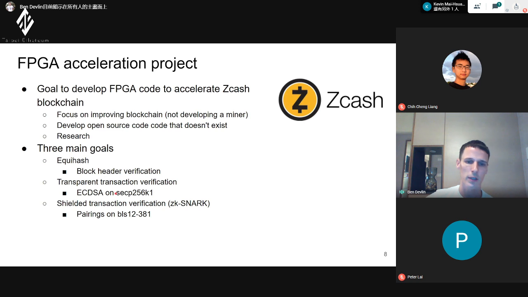We've implemented this. Then we wanted to look at zk-SNARKs, which are how they have very private transactions on the blockchain. These use different types of operations, but a lot of the big ones are on the specific curve, and there are also specific operations for verification. So we looked at accelerating this.